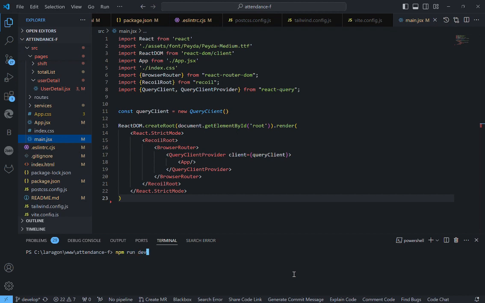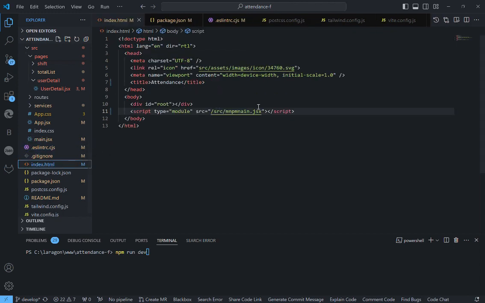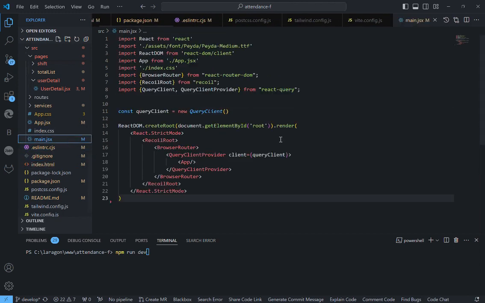The program started with a main JavaScript file, and in the main JavaScript file we have components from React like Recoil and BrowserRouter, also a QueryClientProvider, and our main component is App. For explaining the components here,